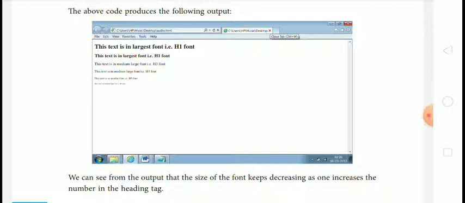So when you run your program, the text will be displayed as given in the picture. We can see from the output that the size of the font keeps decreasing as one increases the number in the heading tag. So this was all about the heading tag.